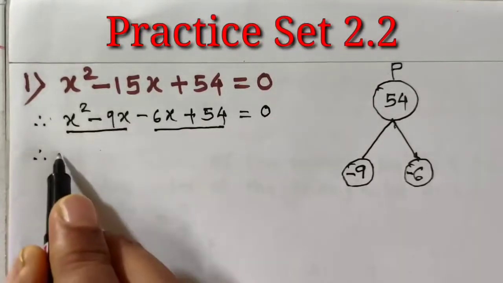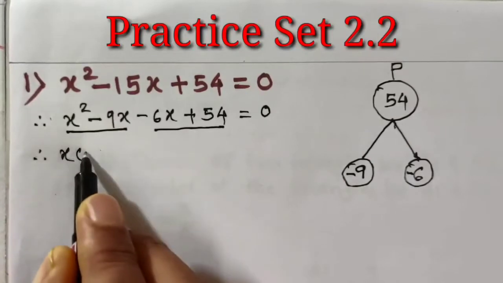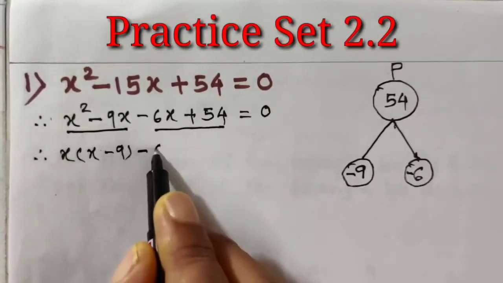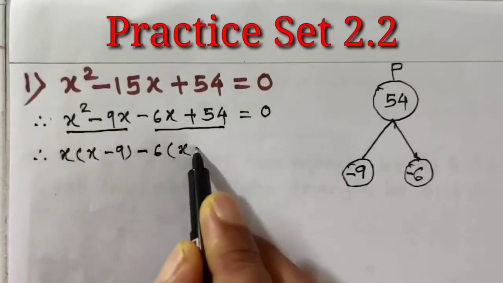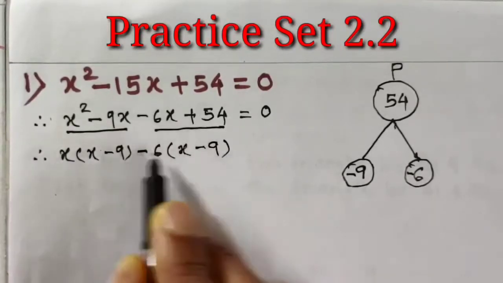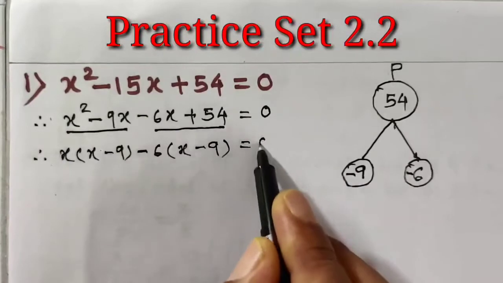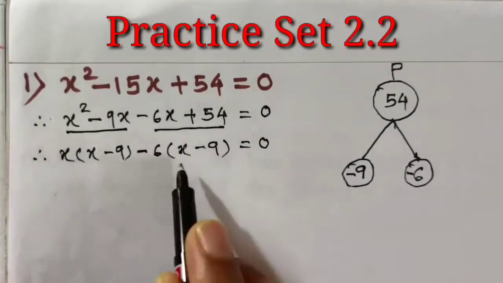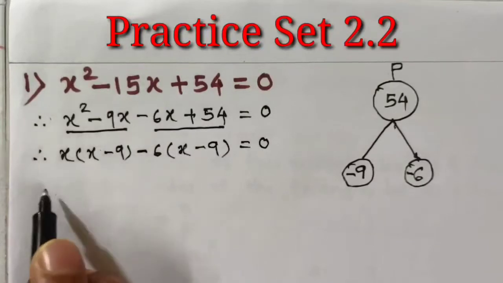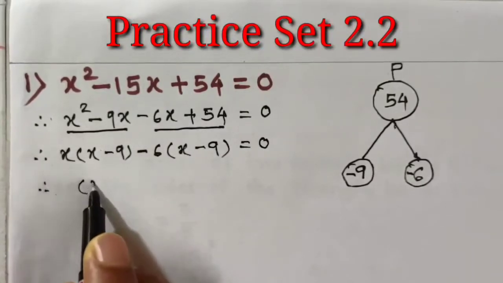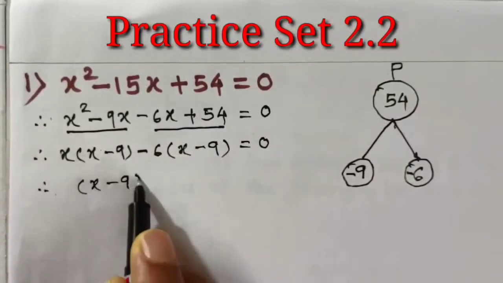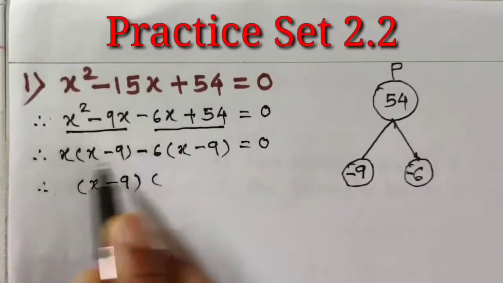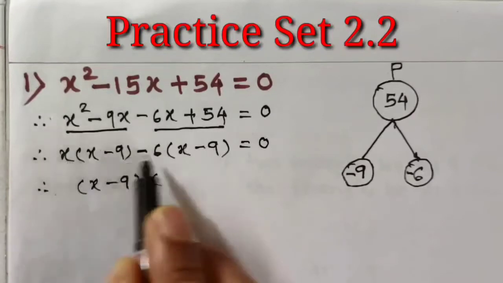Now find the common factors from the first and second term and the third and fourth term. So what is common here? x into bracket x minus 9. Here minus 6 is common, x minus 9. So this minus minus becomes plus, equal to 0. Now this is the first term, this is the second term. x minus 9 is the common factor. So first write that common factor x minus 9. And the second factor is the numbers or the factors outside the bracket, x minus 6